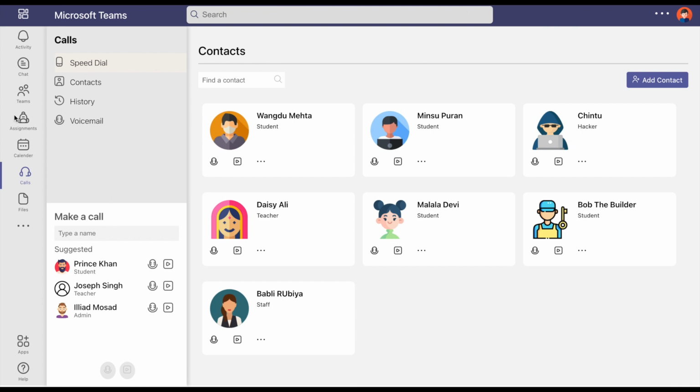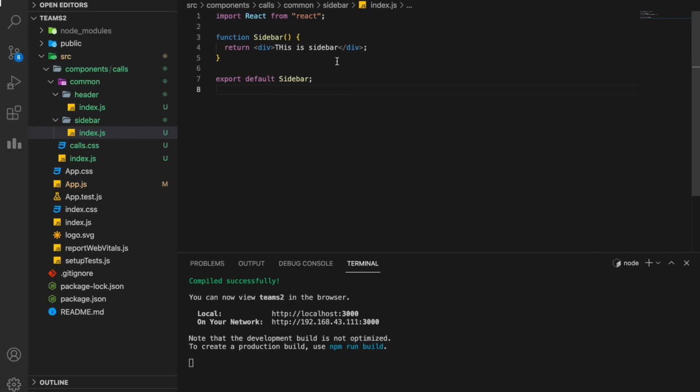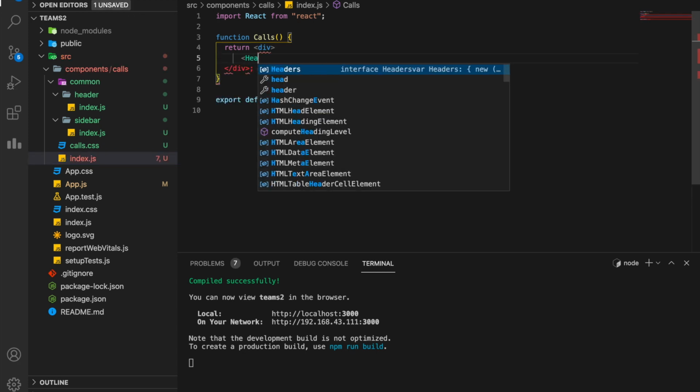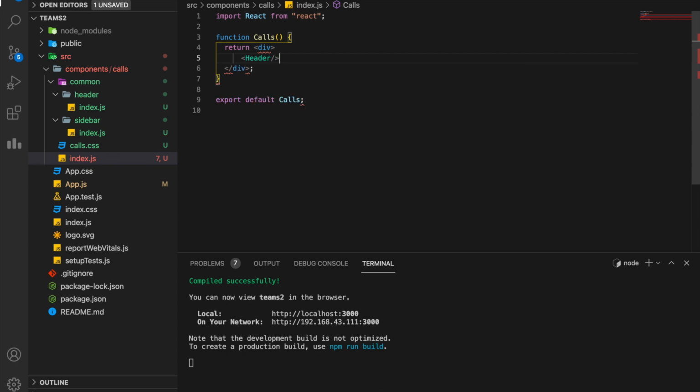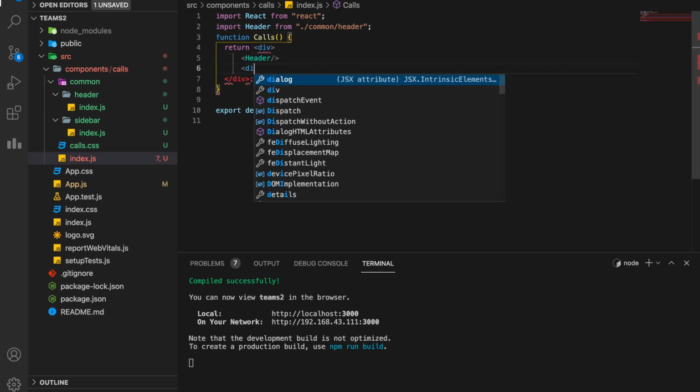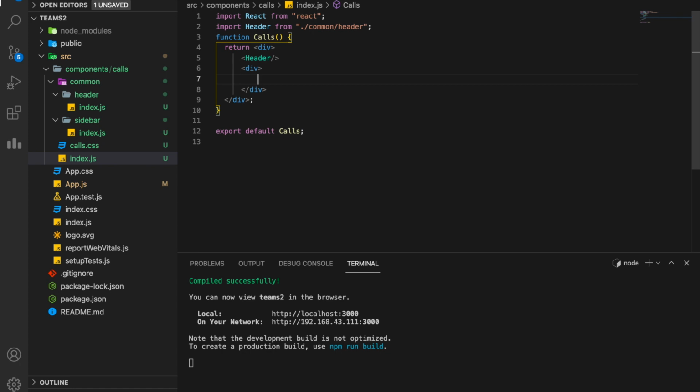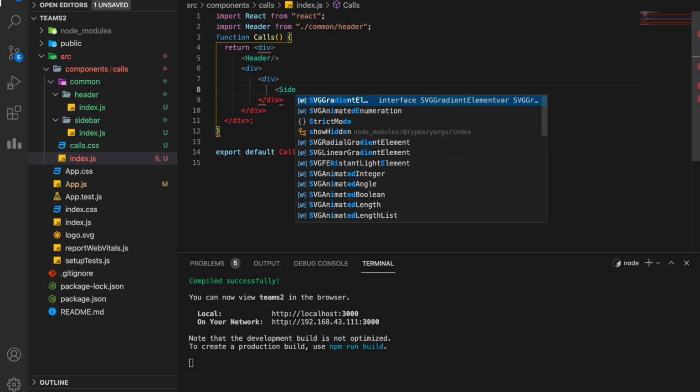Then we have our left fold and right fold. This is header, this is sidebar. Let's say that this particular thing is the body of our screen, and in the body we have three segments: sidebar segment, left fold segment, right fold segment. So by going here, let's call our header first of all, because header is going to be on top. So this is our header, let's import it here. Our header is imported, and we will wrap everything else in our div.